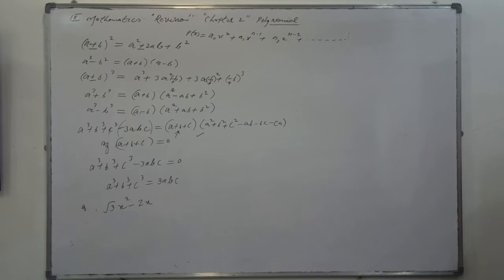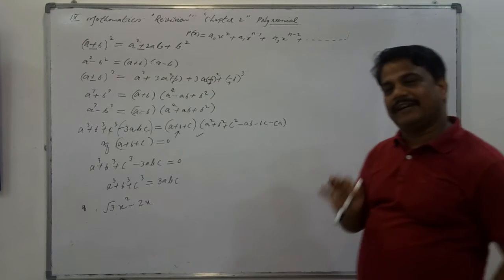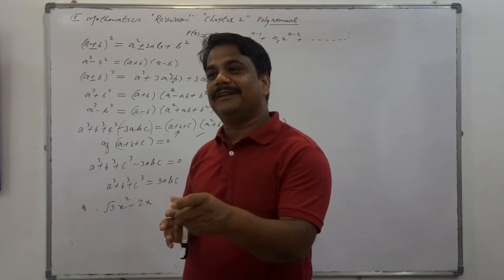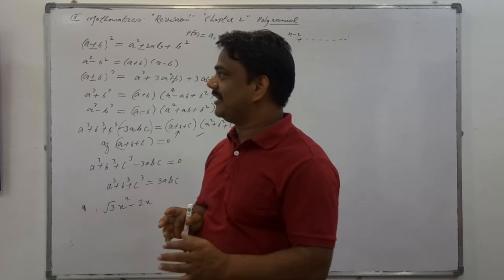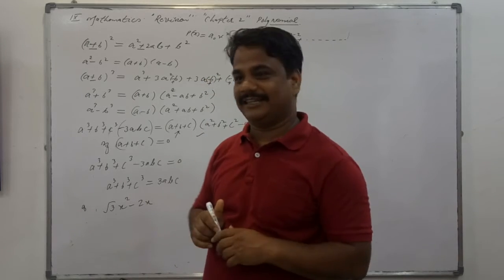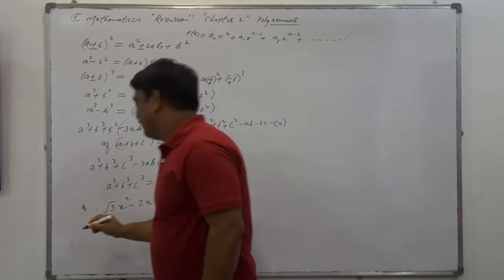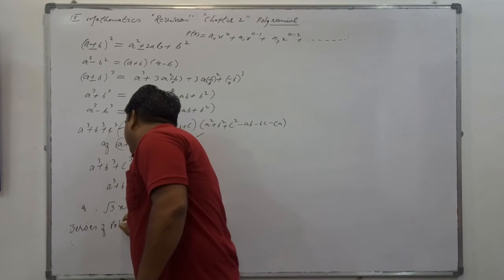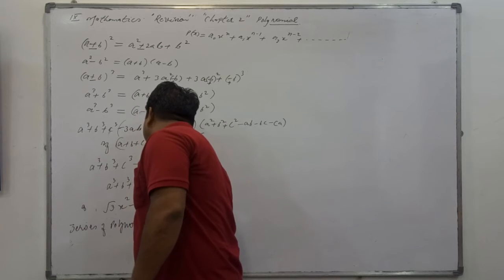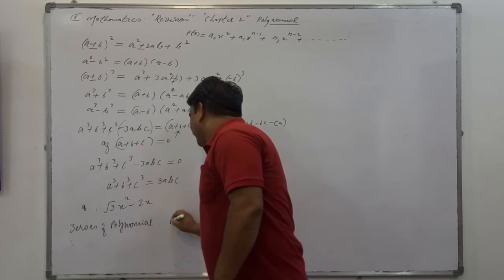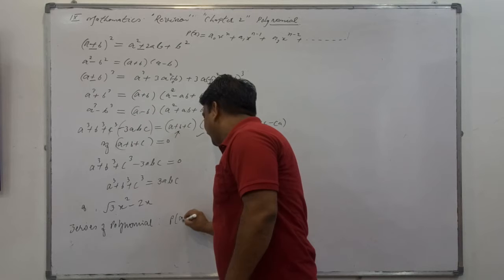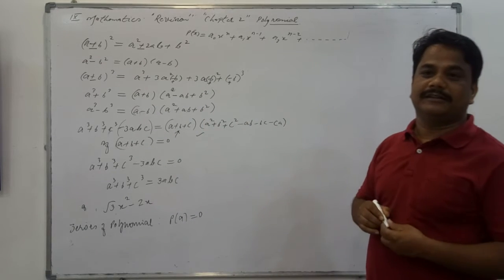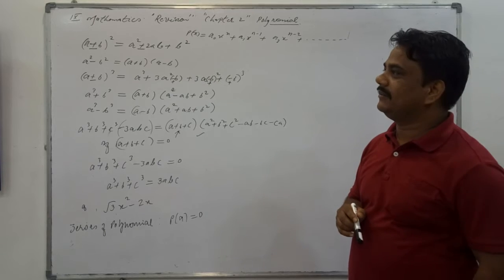Question number 4 you may see here. So first, the degree of polynomial, types of polynomial, and the coefficient of polynomial. I am not telling you this. I am starting from the zeros of polynomial. Is that clear? So what are the zeros of a polynomial? The questions are from zeros of polynomial. Do you know that definition? If a real number a, substituted in place of x, gives you 0, then a is said to be a zero of the polynomial. Is that clear? Please go on writing this.